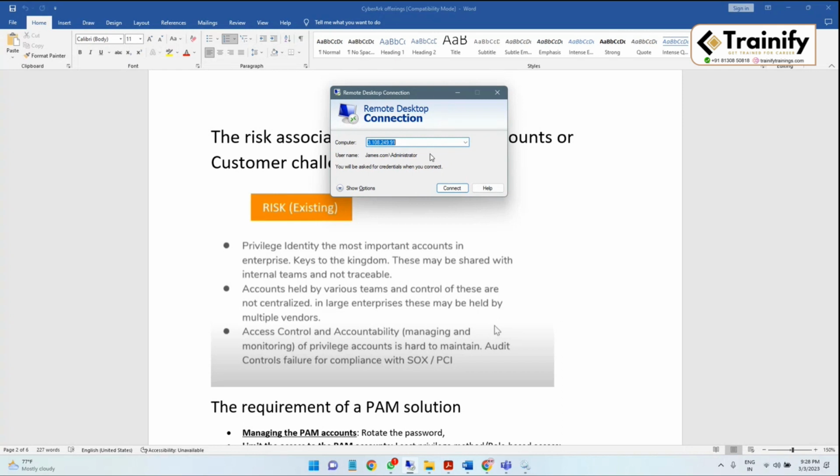So if I'm a genuine user and I'm authorized to use the account to connect to the system, I should be logging into the CyberArk portal where I can authenticate myself. And once I'm properly authenticated, I'll be able to see the account and initiate a connection to the server that I want using that account onboarded in CyberArk. But CyberArk will initiate the connection on behalf of me. It enters the username and password on the backend. It gets me connected to the server so that I can perform my task, but it still does not disclose